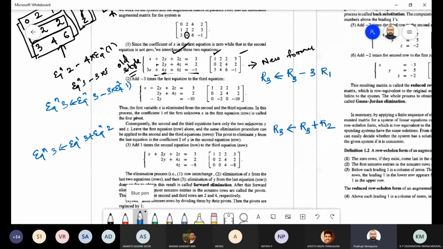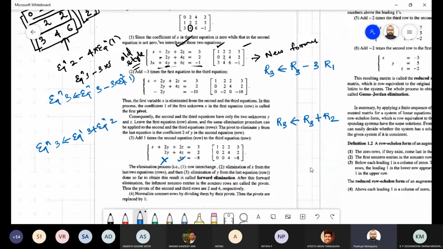So if you are adding this, minus 2y, what is that? Becoming 0. So we need this position 0, and we got this position 0. And here 0 plus 4z, here becoming 4z. Getting or not? Now we are getting what is our requirement. We are having the same thing also.